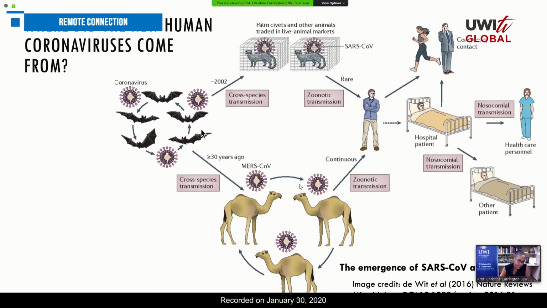MERS is a little different. MERS is thought to have emerged from bats, and crossed from bats into camels more than about 30 years ago. And then you got transmission from the camel populations into humans within the Arabian Peninsula, where there are lots of camels. The thing about the MERS coronavirus is that it often jumps from the camels into humans, but it doesn't very often go from human to human. It can, but it doesn't often do that. So the MERS spread was more restricted to the Arabian Peninsula where the camels were.